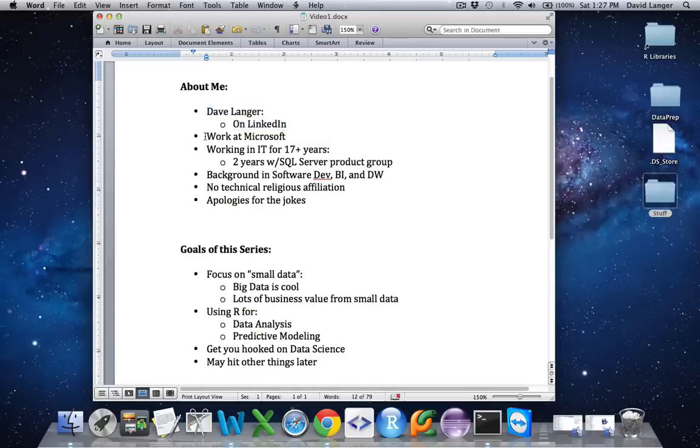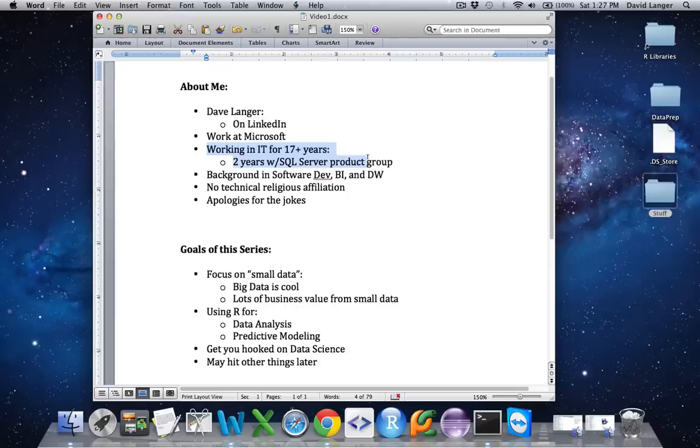I work at Microsoft, and the only reason why I mention that is because if some folks look me up on LinkedIn and they found that out, they may be wondering why I didn't mention it. I'm mentioning it up front. I have no ulterior motive other than the fact I'm really into data science. As you'll see down here, I have no technical religious affiliation. So even though I do work at Microsoft, I love all kinds of technology like R, Python, Java, as well as things like C Sharp, SQL Server, and Azure machine learning. So you won't get a lot of bias one way or another. I'm pretty interested in all technologies, and I try to use the right tech for the problem at hand wherever possible.